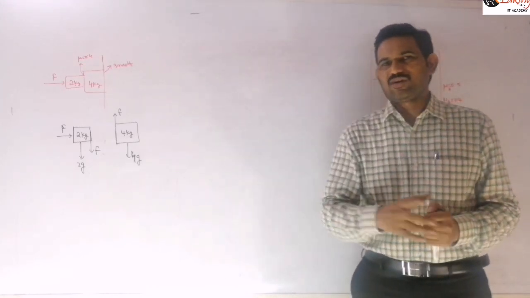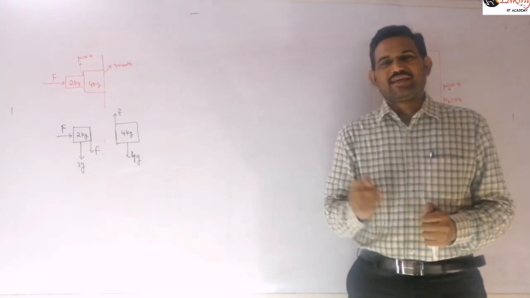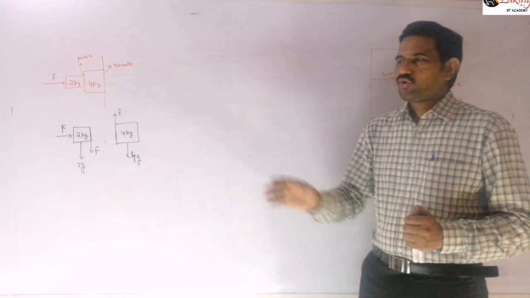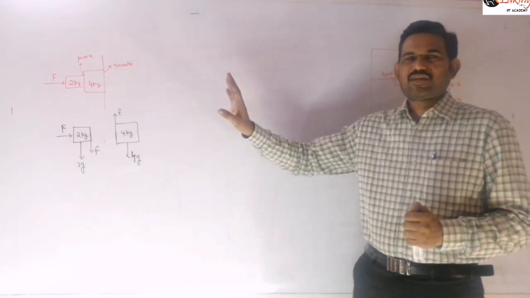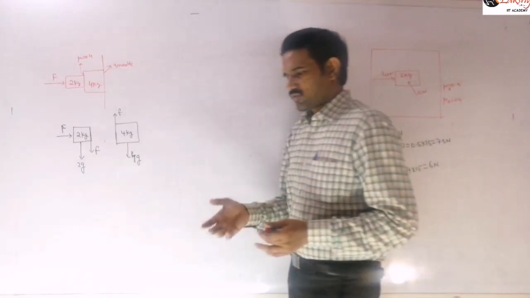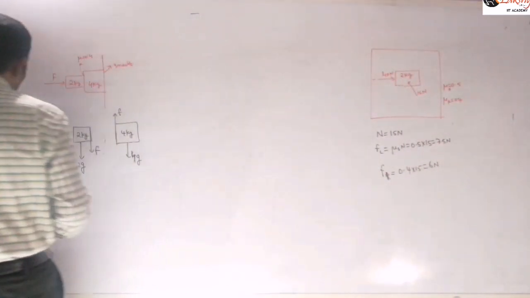In the previous advanced question, one of the options was like that: equilibrium of the system is not possible. That is the option we need to select there. You can't keep the blocks at rest by applying a force like that if the wall is a smooth wall, right? Based on that, now let us take the wall as a rough wall.